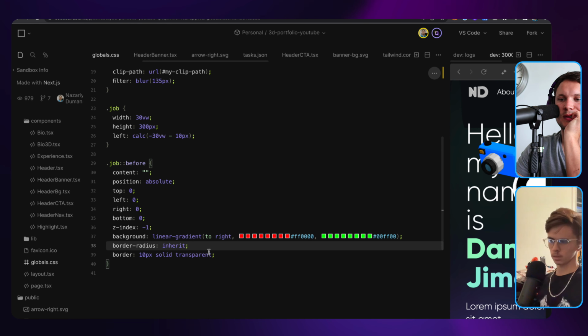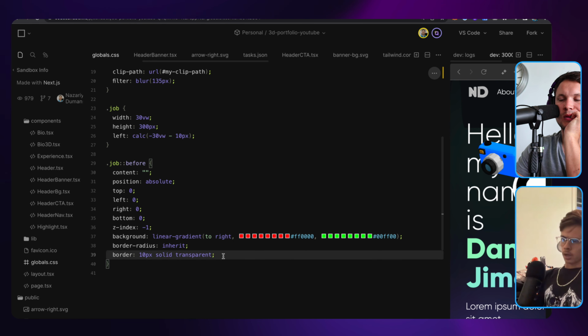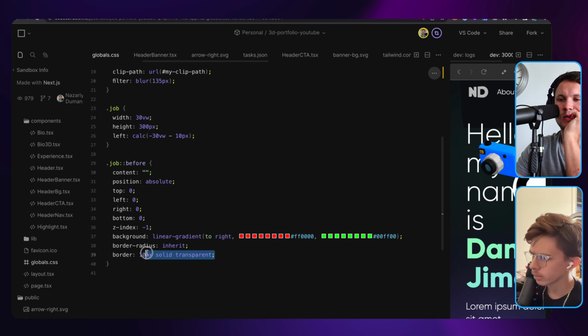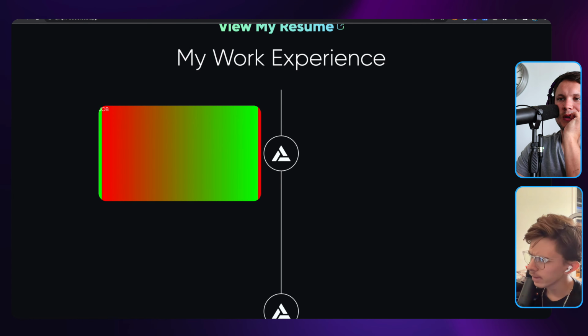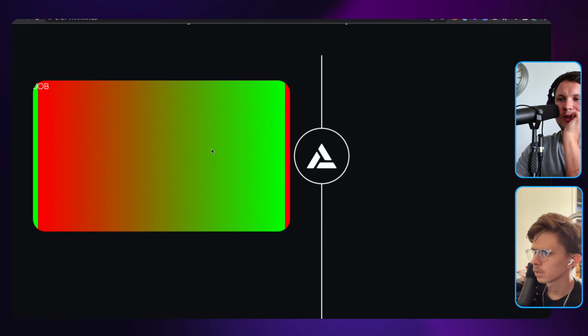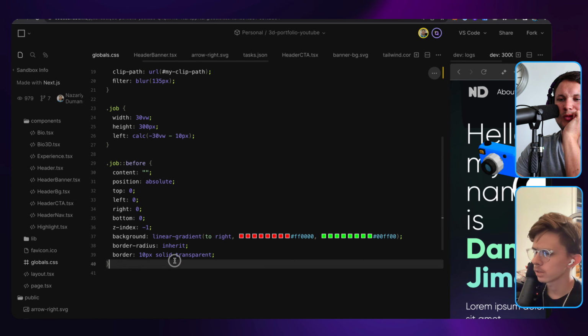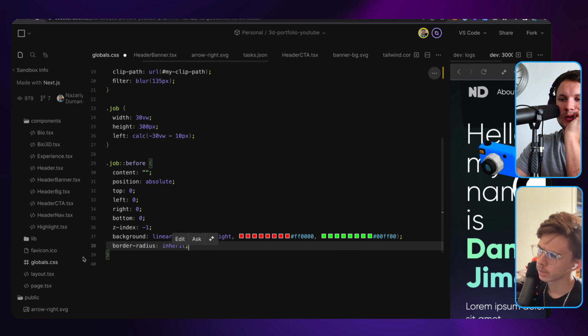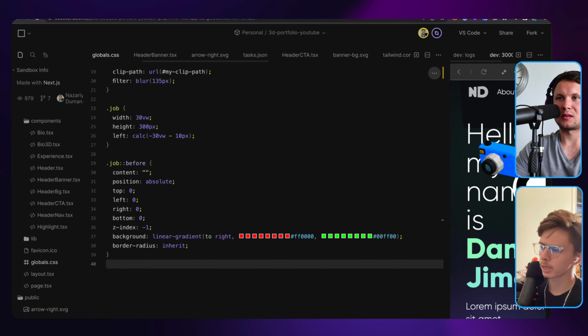So what the hell is this? Okay, so it's taking in the parent border radius. Get rid of it. It's like, look at this radius thingy. What's its z-index? Let's remove this border actually. You don't even need border, you just need background, and you just need to make sure